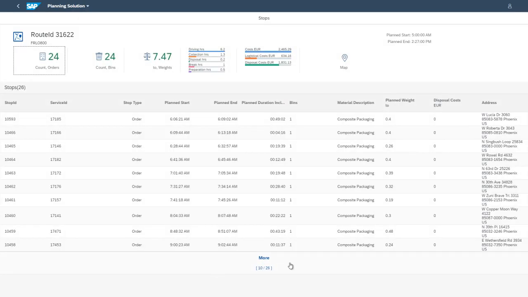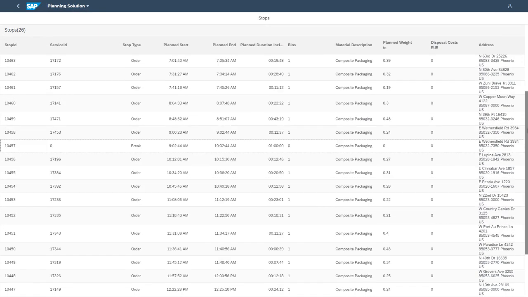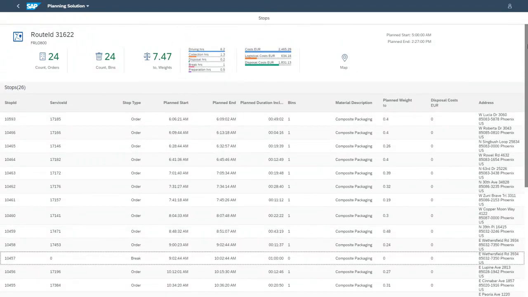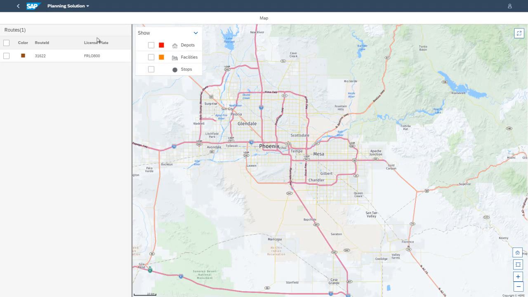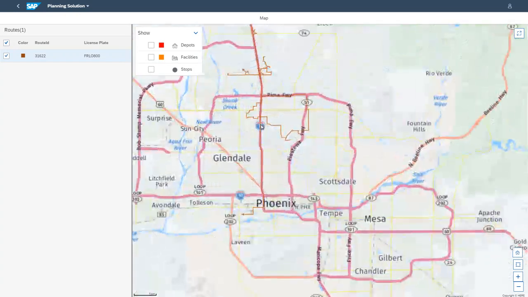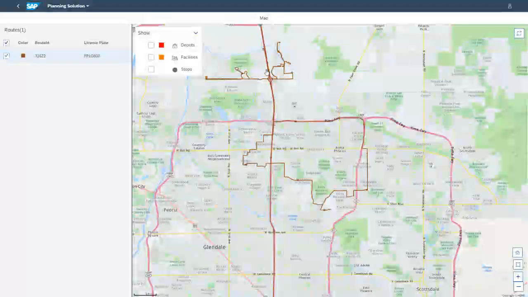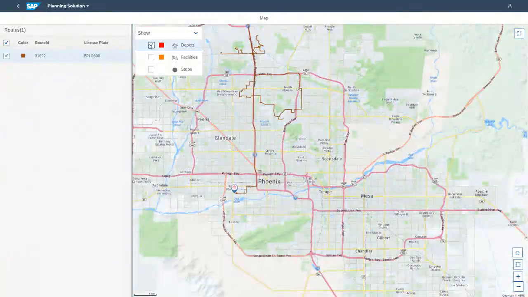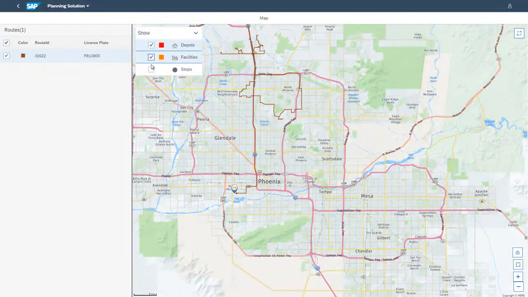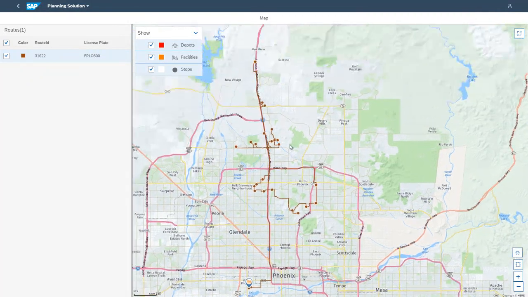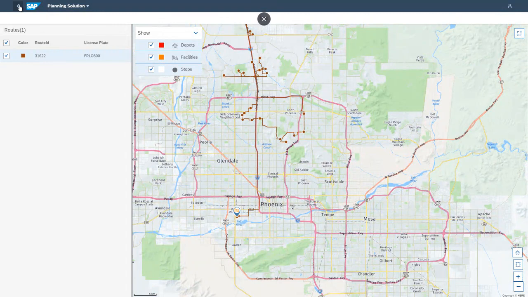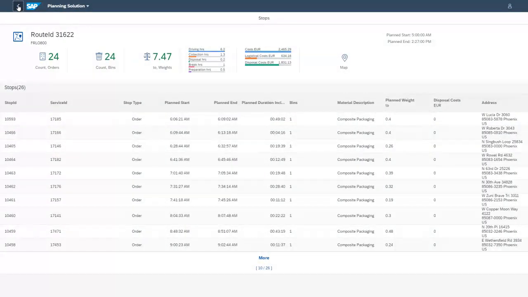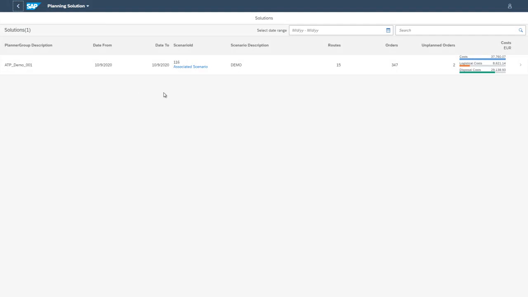You can go into the route and look into detail, look into every stop which is made on the route, and you can also just look at that on a map and select your route here, and then you see where the route is going. You can also just display your depot, which is here, facility, and the stops which are taken on the route, and the orders which are disposed there. So going back all the way to the main page,